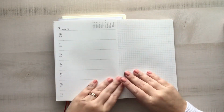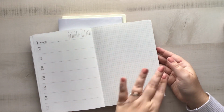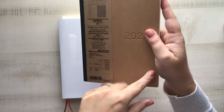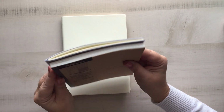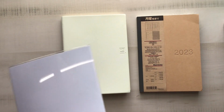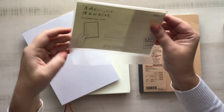But yes, I will be cutting this in half. I will be adding a cover on the front and on the back, and I will have two notebooks, and that will be that. I am going to get a clear cover for this, kind of like this one. I'm sure it would fit. So I'll probably just buy some more of these clear covers. This clear cover is actually from Midori itself. I think I have the packaging right here. It comes with a pack of 2,